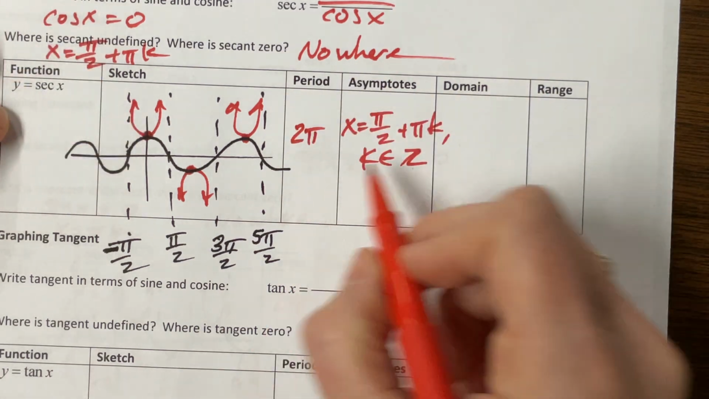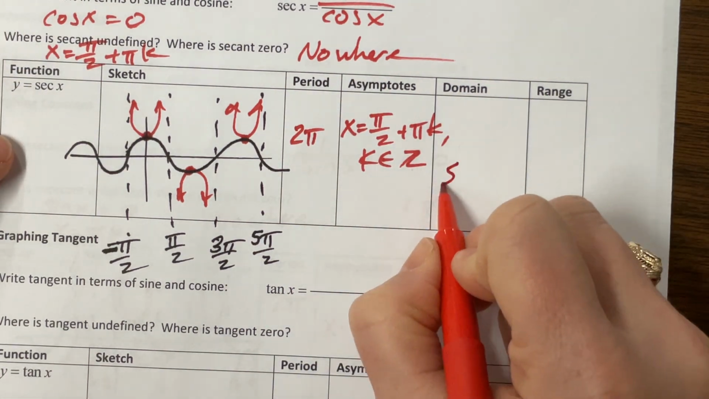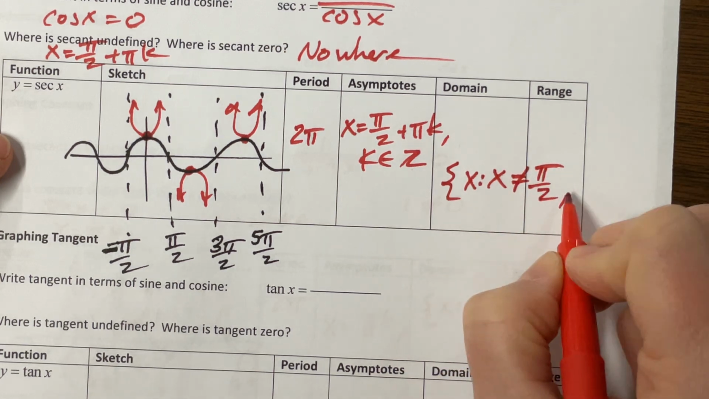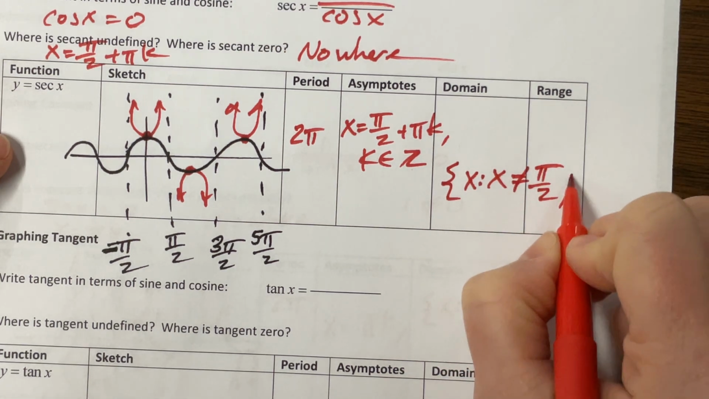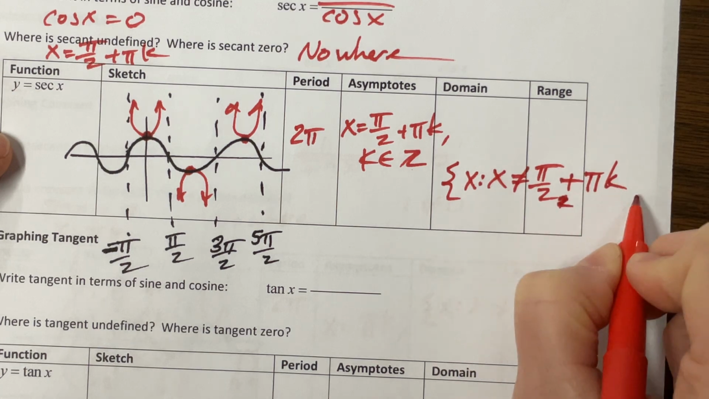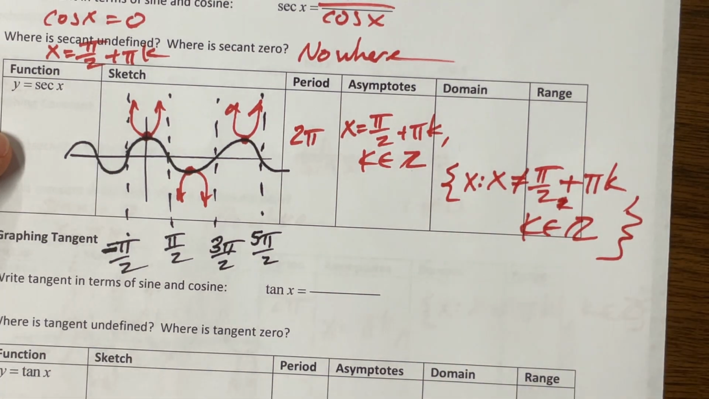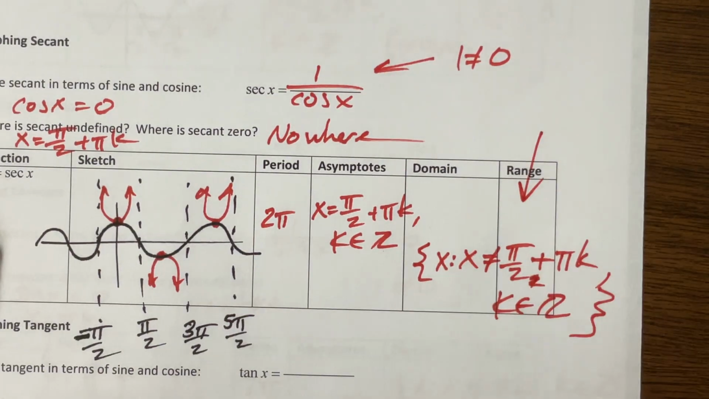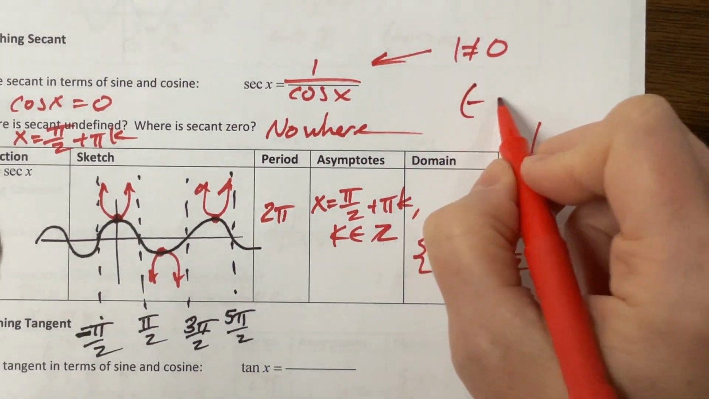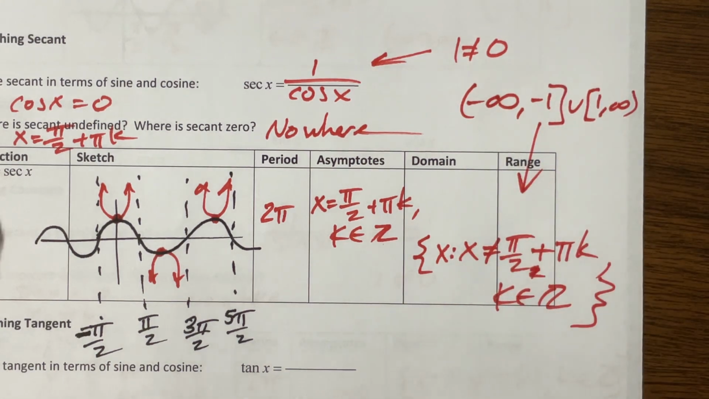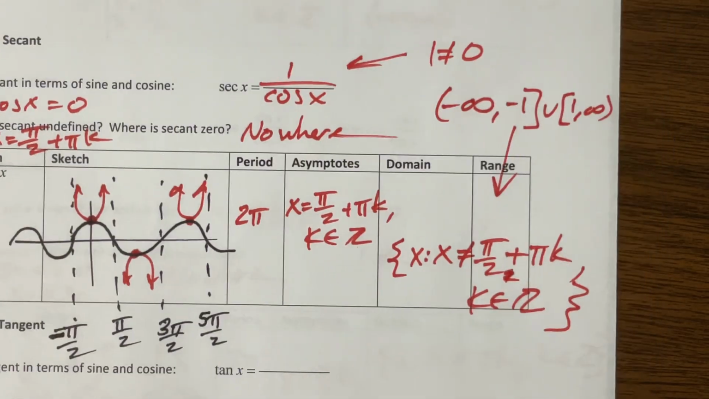I should label that. But okay, so the domain is the set x such that x is not equal to my asymptotes, pi over 2 plus pi k, k an element of the integers. The good news is the range matches what we saw a minute ago. We have to mind the gap. And we'll say negative infinity to negative 1, pick it up again, 1 to infinity. And there's the domain and range for